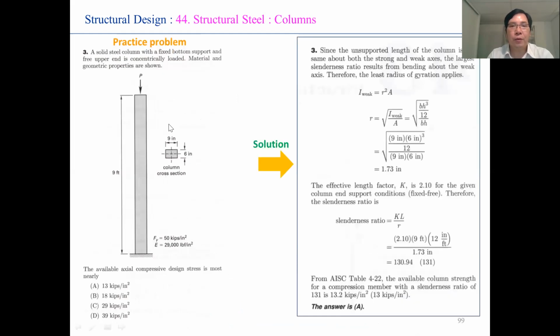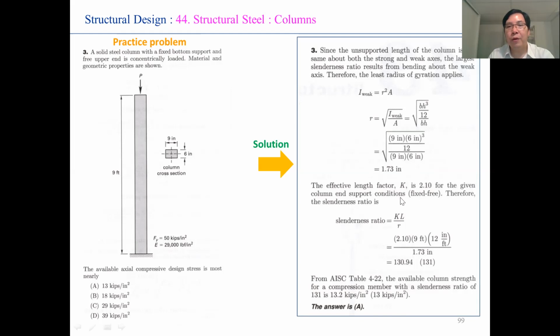So for the response of the practice problem, you can calculate firstly the least radius of gyration, applied equal to r square times A, and you can calculate the r equal to the square root of the moment of inertia I weak per A, and you can replace the formula by this equation, and you can find the final result. r equal to 1.73 inch,